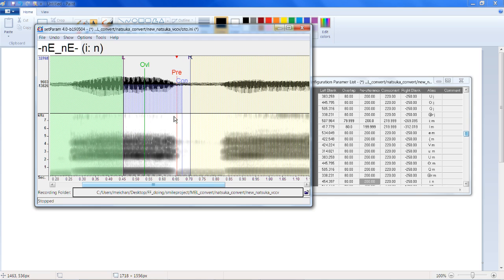So basically, if this fits your pattern right here, just don't touch it. Leave the overlap and the pre-utterance the way it is. And then all you have to do is put the preutterance between the boundary of the consonant, which is a vowel, and the vowel, which is a consonant. And you can pull this out so it makes better render noises, but what in the heck is up with this? Why can't I hear?